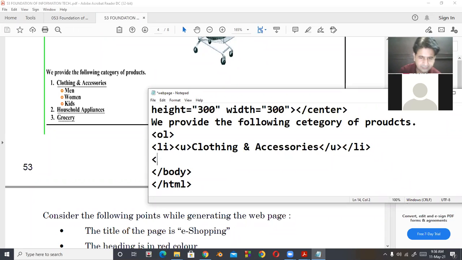Now after that, another nested list is here. So I'm taking here UL and type is equal to circle.